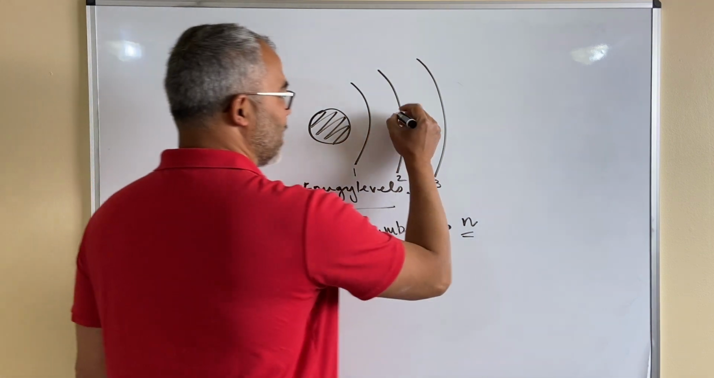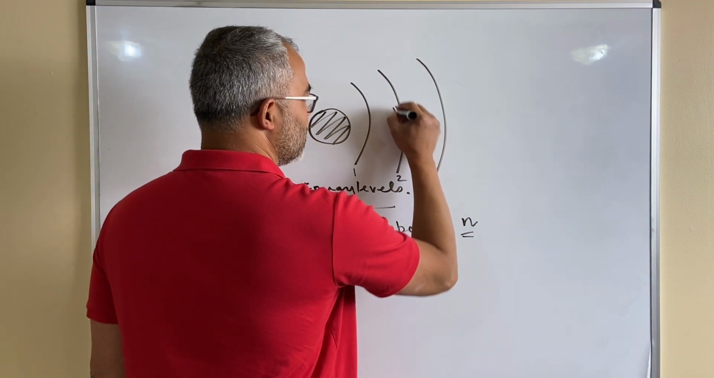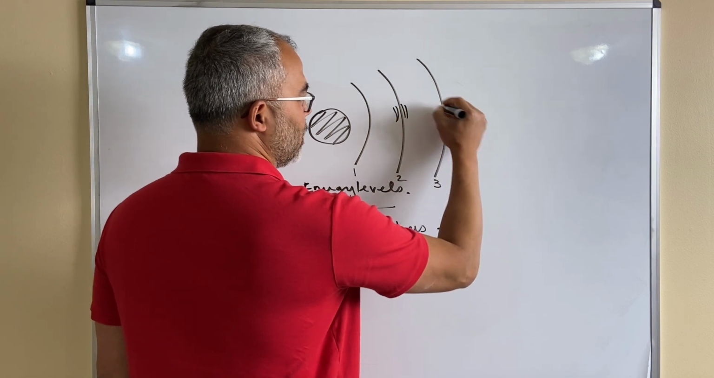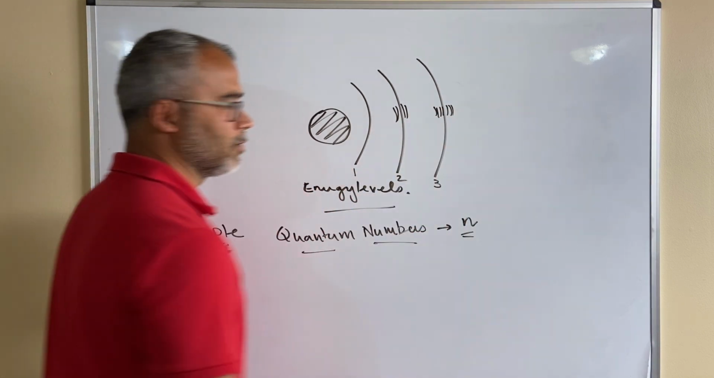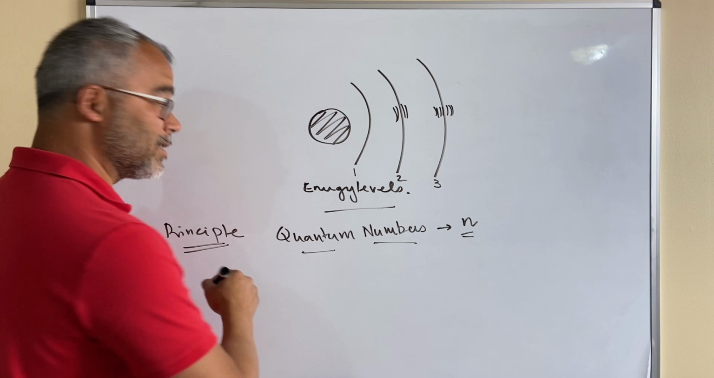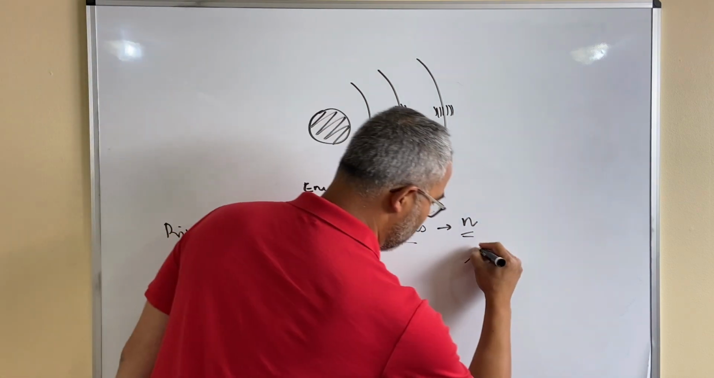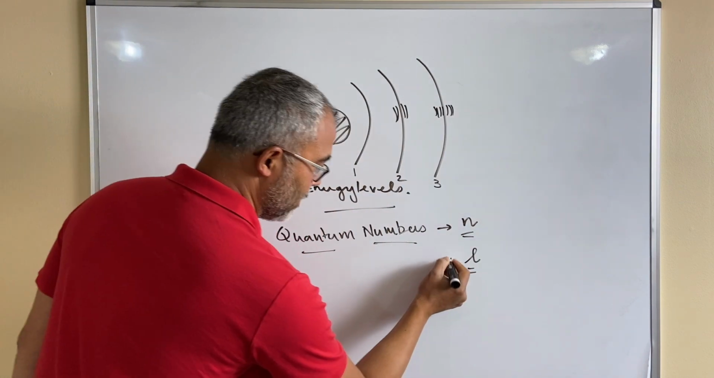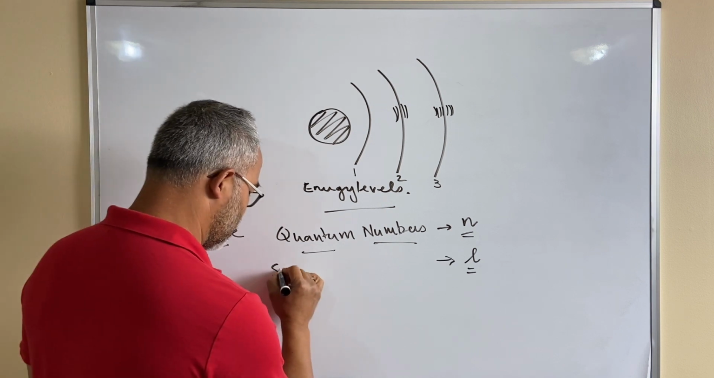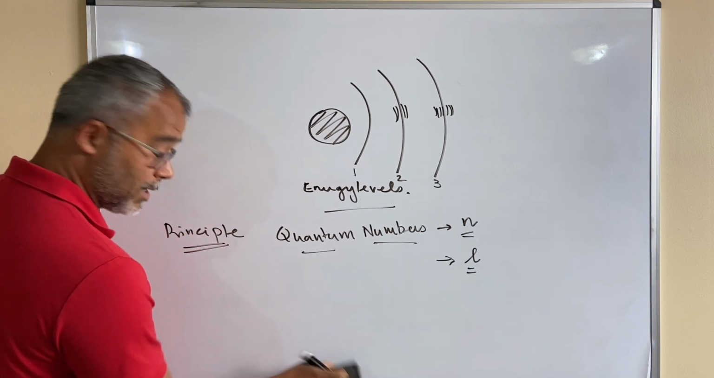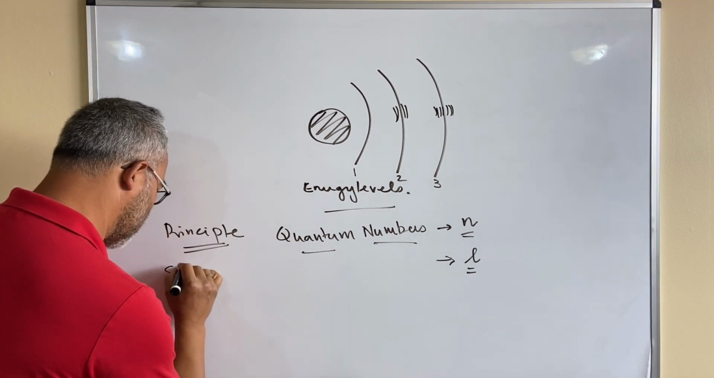Within each of these n levels, there are sub-levels. Think of them as within the 2, you have certain sub-levels, and within the 3, you have certain sub-levels. The sub-levels are given another term, l. Because it's a sub-level, it's called the subsidiary